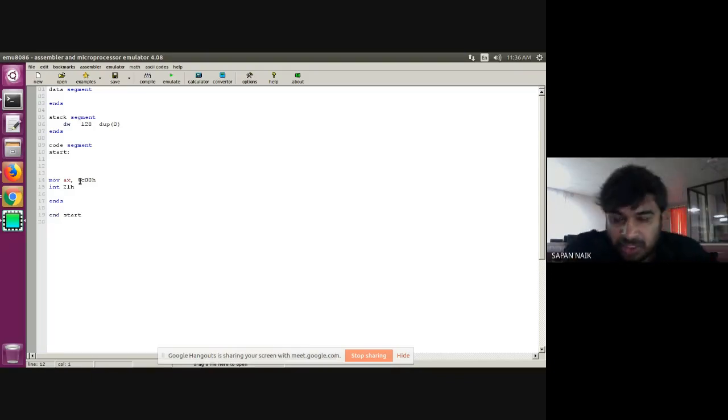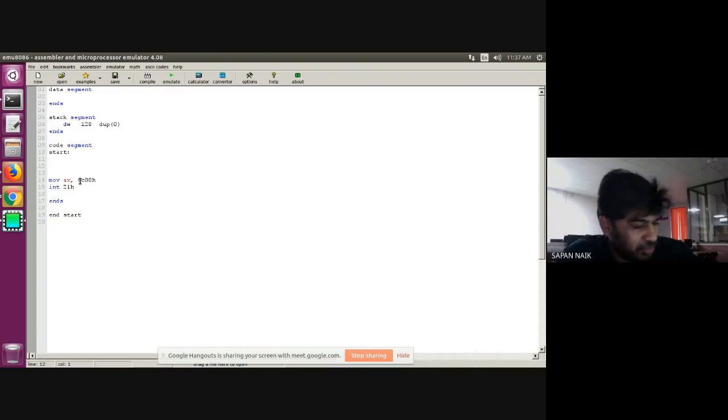Okay, good morning all. Today we are going to do two more programs: finding the square of a word and finding the cube of a byte. Now, as you can understand, a word means a 16-bit number. If I find the square of a 16-bit number, the result must be bigger than 16-bit. You can say it is a 32-bit number. And in 8086, we do not have anything which can store 32-bit, so we need to use two different registers, or we need to use memory locations to store that answer.